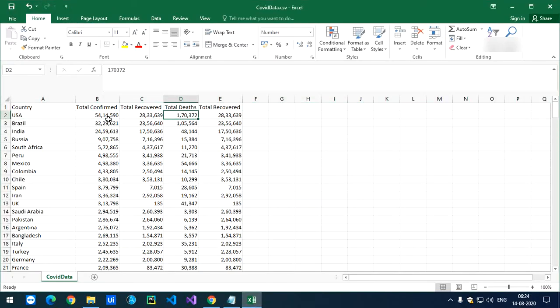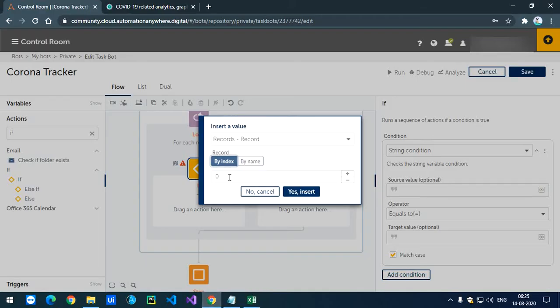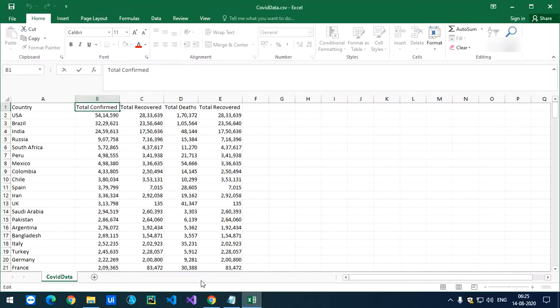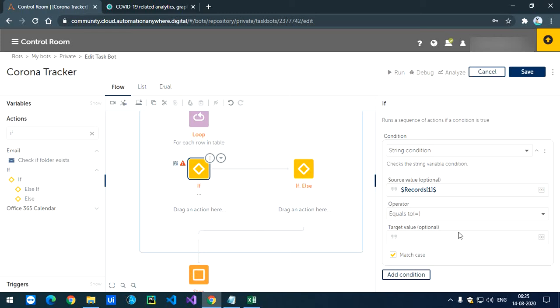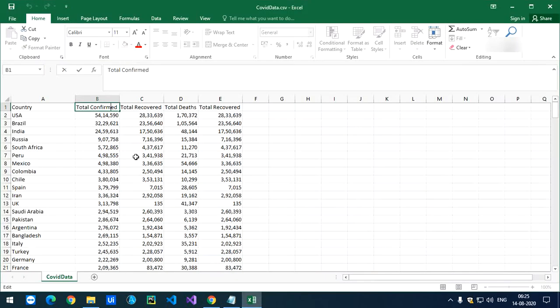If this is 0, 1, 2, 3, now in the first record, if the value is total confirmed, then just ignore this. So in the record, that first index is this. If that first index is not equal to the string which is here, I'll just let me just take from here.